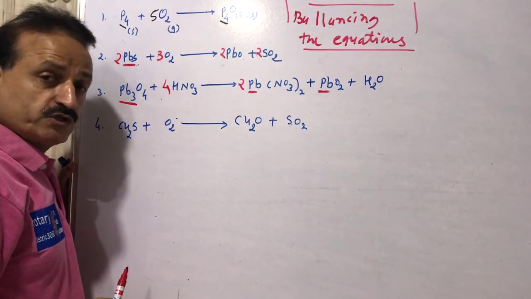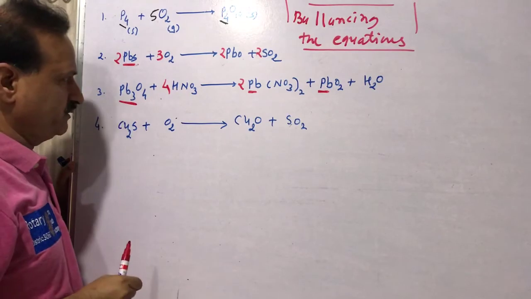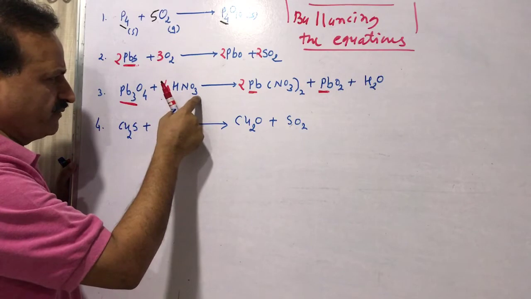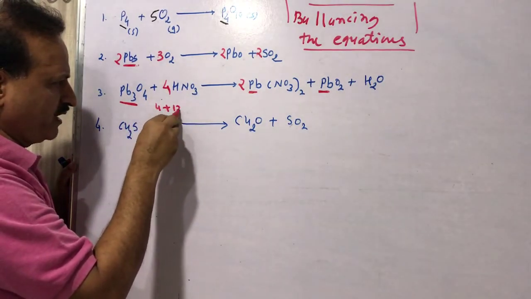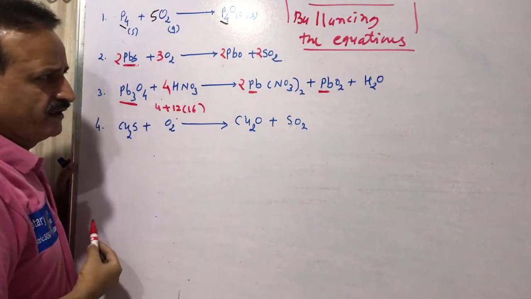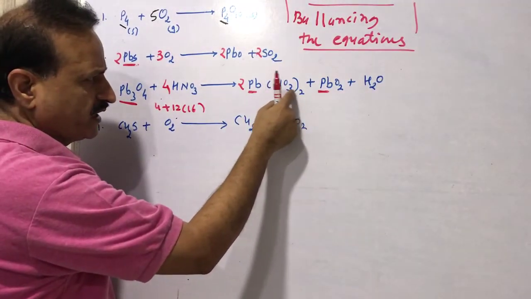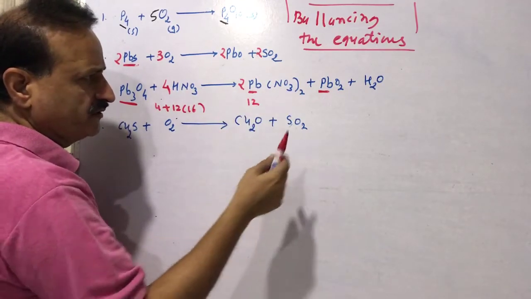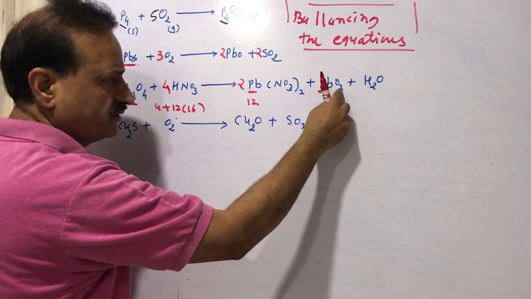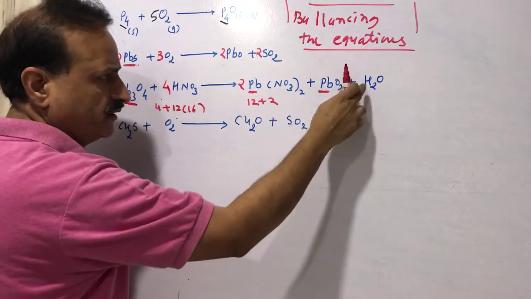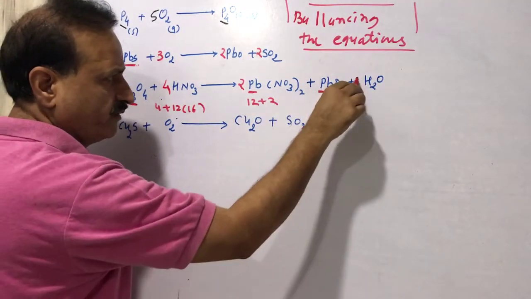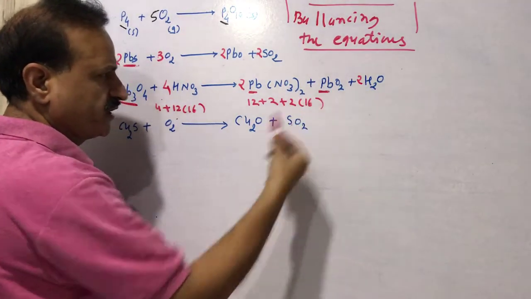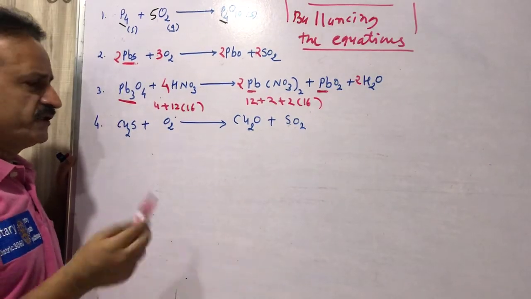Now the turn will come for oxygen and hydrogen. So oxygen 4, here 4 threes are 12, means 4 plus 12, it is 16 on the left hand side. Right hand side, 3 times 2 times 2, 12, here is 12 oxygen, here is 2 oxygen, 12 to 14, here is 1 oxygen, so we must put 2 over here, then it is 2 oxygen, then it is also 16. So oxygen is balanced now.